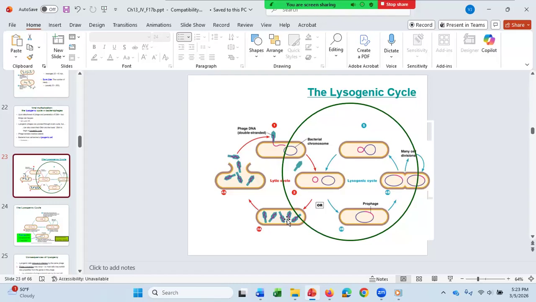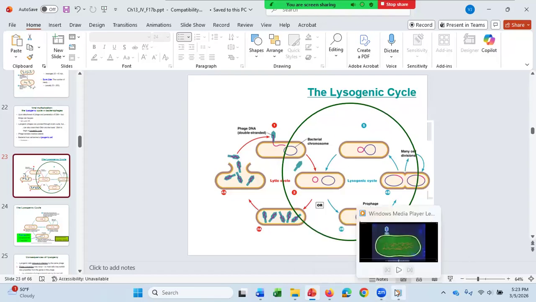There is one event that does tend to switch the lysogenic virus into the lytic life cycle, and that is if you damage the host cell's DNA. The virus can recognize that damage, and it realizes that the host cell may die because its DNA is damaged, and then the lysogenic virus will switch to the lytic life cycle, and then it can replicate. Any questions about any of that? All right, let's watch a little movie on the lysogenic life cycle.